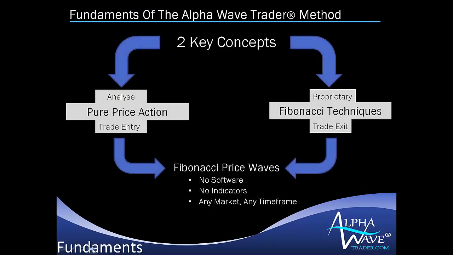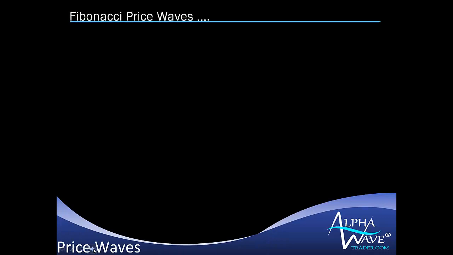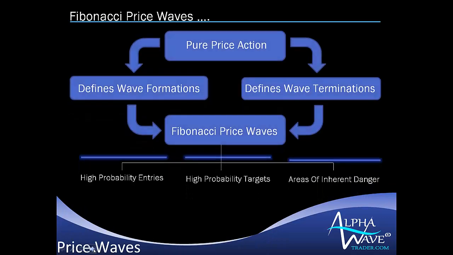We're almost done. I look forward to answering your questions. Just to recap, Alphawave Trader is based on 2 key concepts: pure price for entry and Fibonacci for exits. We use no software, no indicators whatsoever. We have students who trade on multiple platforms I never even heard of, because Fibonacci tool is present on every platform, and so is pure price. Platforms such as MT4, Sierra Charts, TradeStation, Thinkorswim. Everything we show in the course we show on NinjaTrader, which will forever remain the platform of my choice.